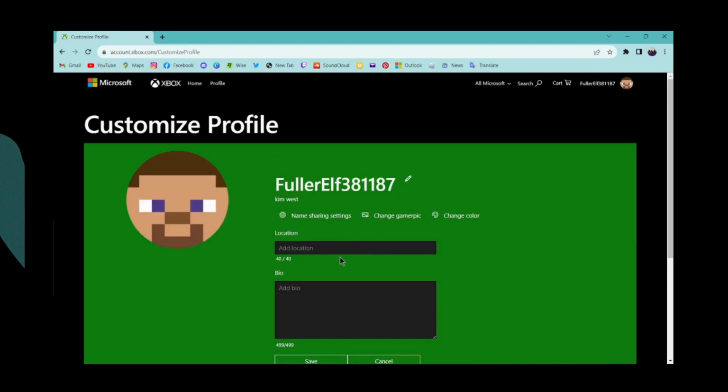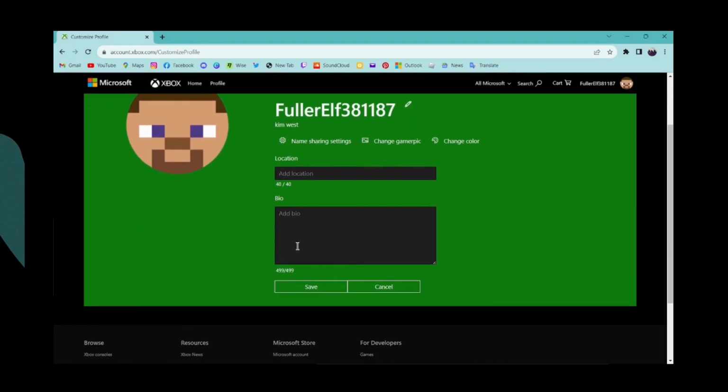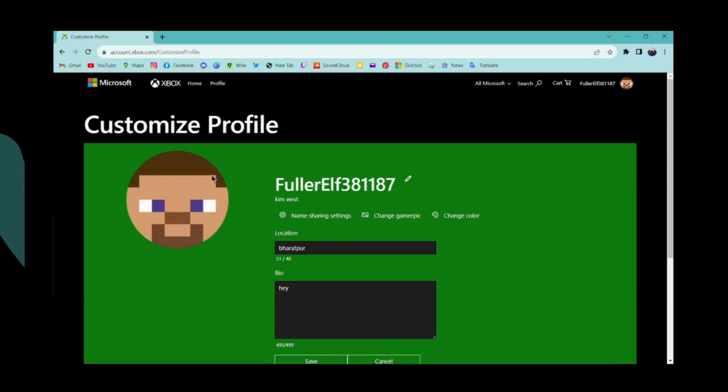and here you can add a location or you can add some bio, and after that you can simply click on save, and here you can either change your gamer tag, or you can change your sharing settings or your gamer pic. So if you want to customize your profile, or if you want to create your profile, then you can simply click on change gamer pic,